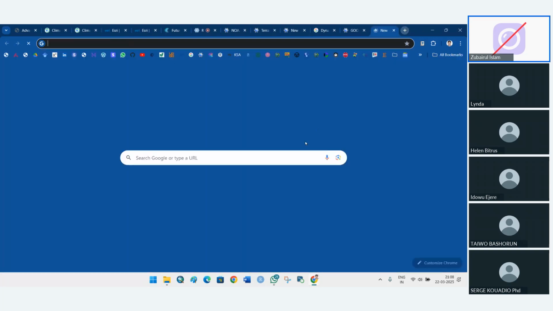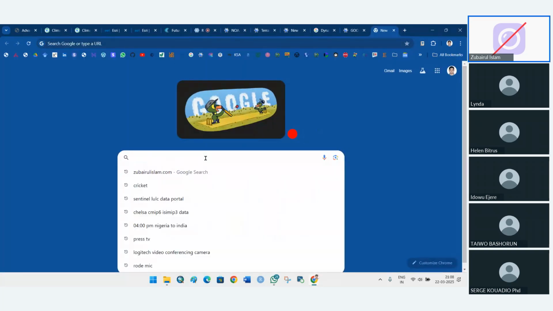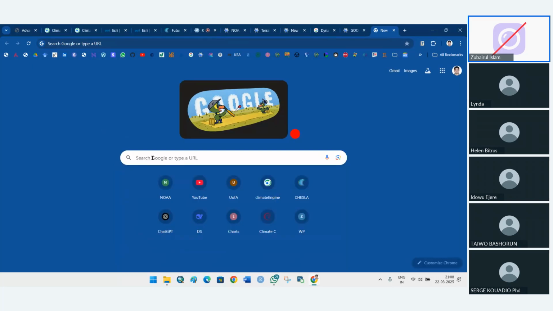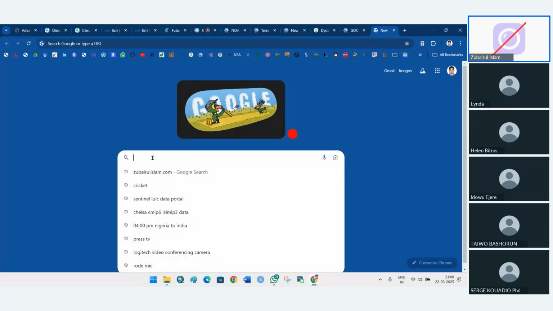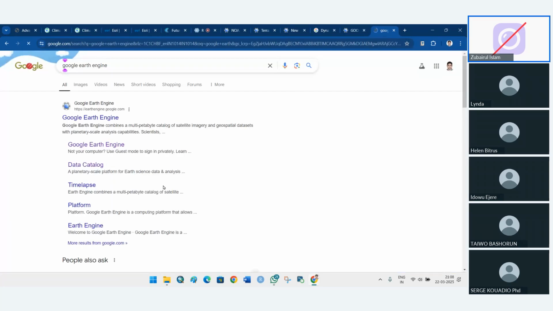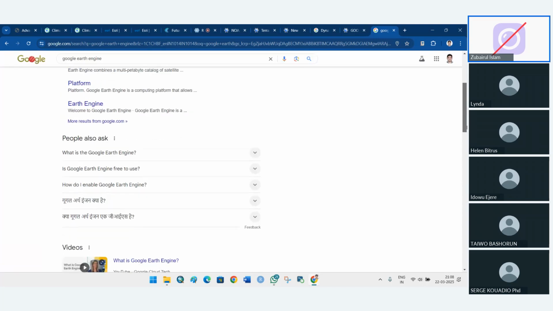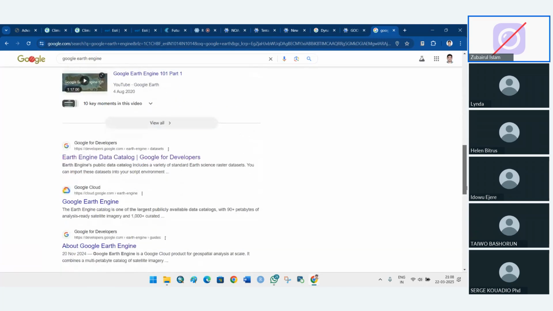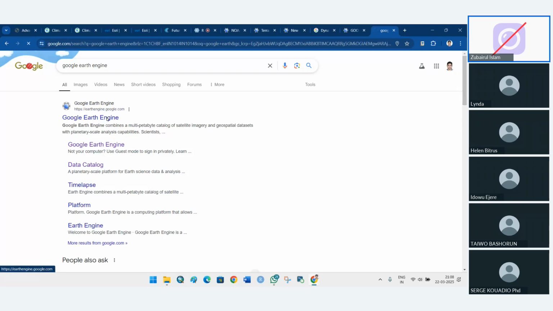So what you do, you open Google and then you search for Google Earth Engine. And when you click Google Earth Engine,